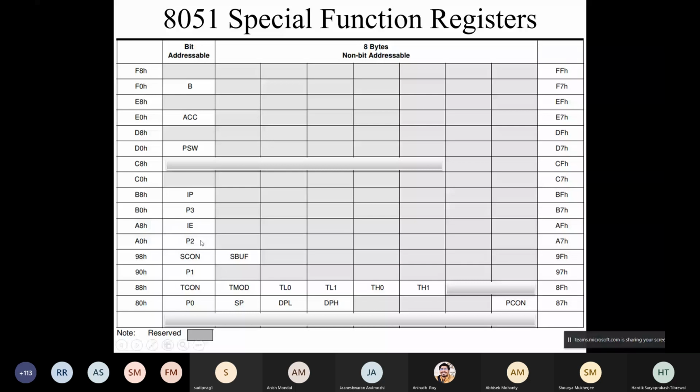But for that to happen, there are instructions. Whatever bit addressable instructions are available, they are compatible to all these registers, whereas byte addressable instructions are compatible to others. But look at this, byte addressable instructions are also applicable to all these bit addressable registers. So that means bit as well as byte addressable, I'll call it. Through programming, you will get the proof of what I'm saying.